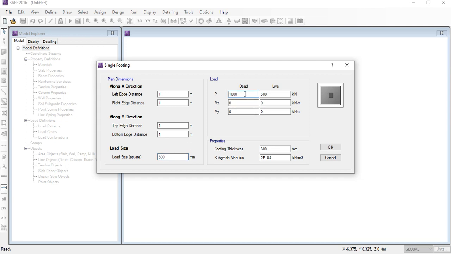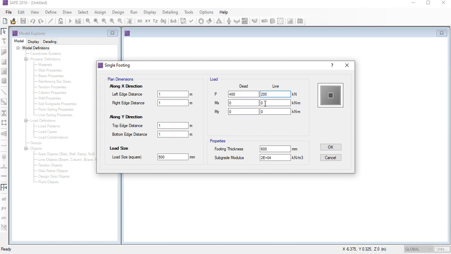And for the load, this time we are taking a dead load of 400, and the live load I'm going to take is 200. It's an assumed load, but you can get this load when you do the analysis in ETABS for your project. Whatever load reaction comes on that project, you can take from ETABS and put here. This time we are assuming our dead load is 400 and live load is 200.